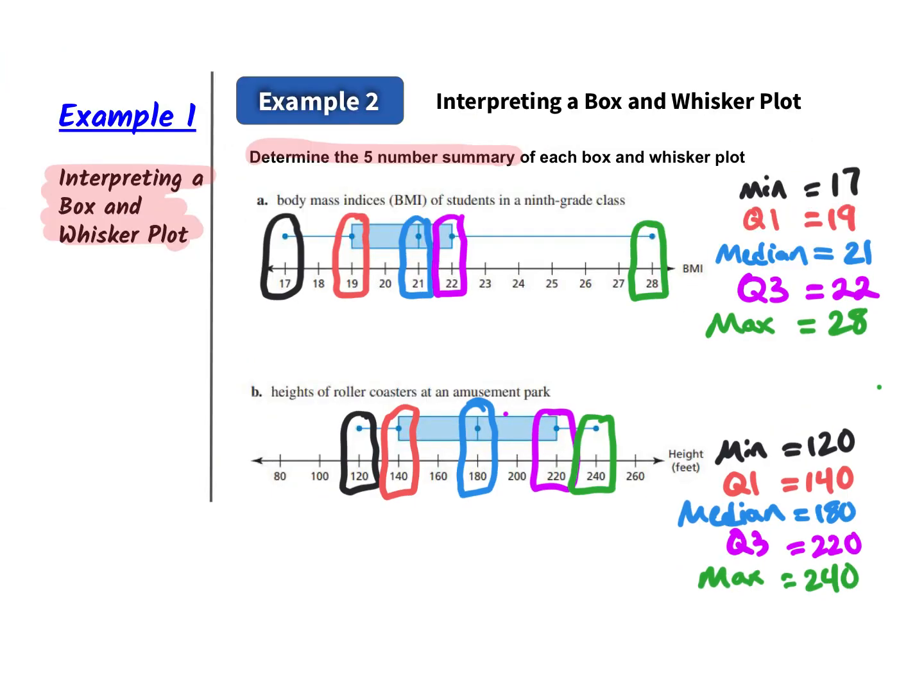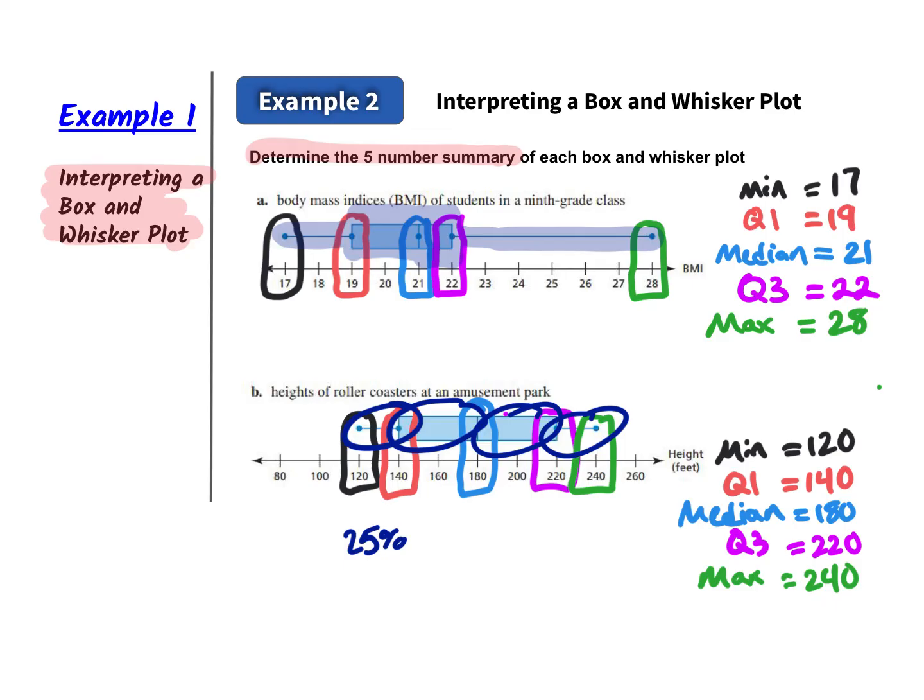I definitely want to acknowledge here, you don't have to write any of this down, but listen carefully. 25% of the data lies within the first whisker. Another 25% of the data lies within the second quartile. Another 25% lies within the third quartile, and then 25% lies within each whisker. The reason why we call them quartiles is because 25% lies in each quarter, hence 25 per quart, right? So if 25% lies in this quarter, 25% lies in this quarter, 25% lies in this quarter, and 25% of our data lies in this corner, it's easy to see where all of our data is,